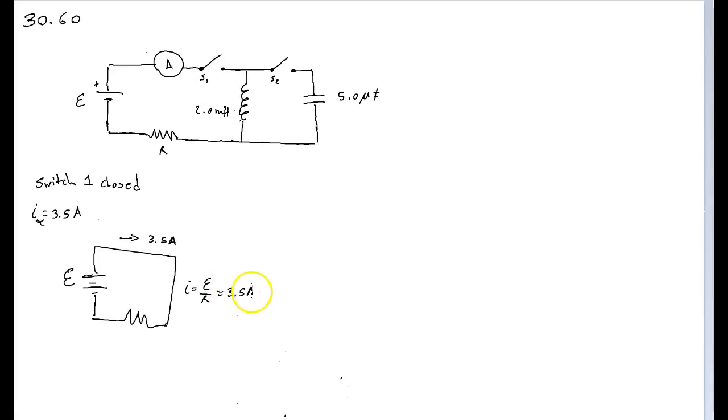Okay, now switch 1 is open and at the same instant switch 2 is closed. Okay, and now this thing begins to oscillate back and forth. Now it's only this part of the circuit that's important. And there will be current flowing. There'll be no charge on this at time equals 0. So Q as a function of time is going to be equal to Q0 times cosine of omega t, but omega, remember, is 1 over the square root of LC, times t, plus